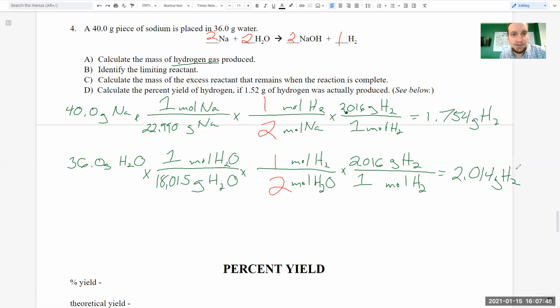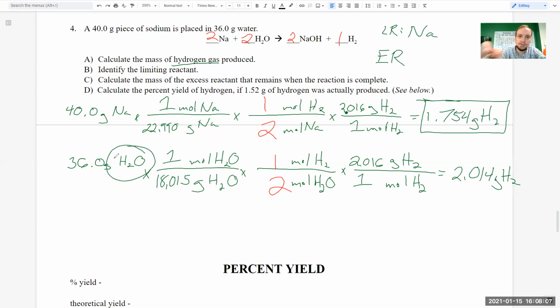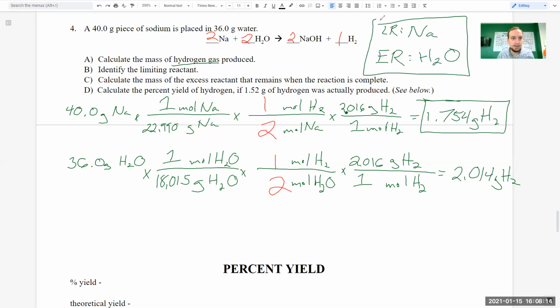All right, so again, we need to identify the limiting reactant. So again, this is the smaller of the two. So that's all the amount of hydrogen gas we'd be able to form. Therefore, the limiting reactant is the one that produced that smaller number, which in this case is sodium. The excess reagent is the one that made the larger number, which in this case is water. So our excess reagent is water. So there's part B. All right, so the last one, calculate the mass of the excess reactant that remains when